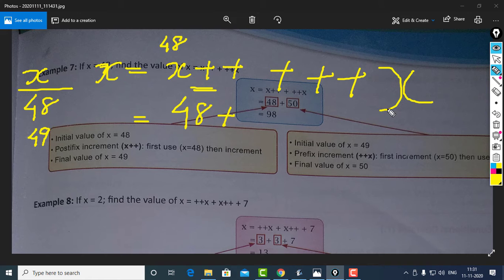Before using it, the value of x will change, from 49 it will increment to 50. After incrementing, we use the current value of x, which means 50 will be used here. So what will be the answer? 48 plus 50, 98 will be copied to x. So x will be 98. So we have solved it.